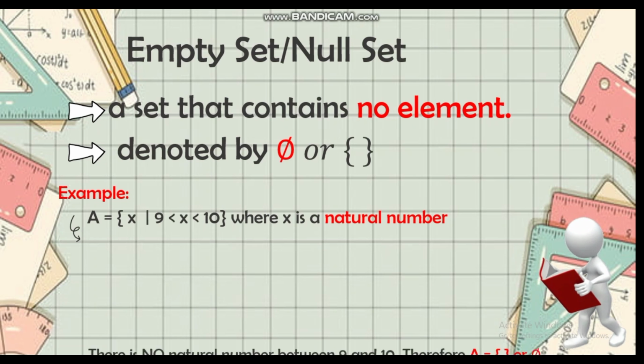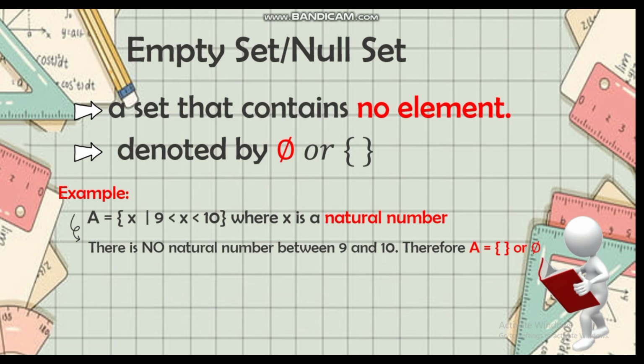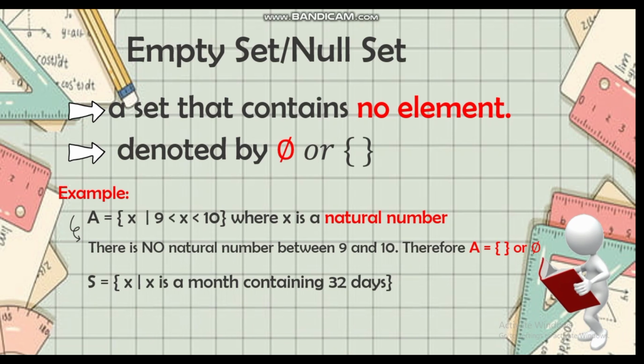Okay, so looking at the description, there is no natural number between 9 and 10. Wala naman siguro yung whole number or natural number nga na tunga-tunga sa 9 and 10. Therefore, our set A is empty or null set. Okay. So another example we have, set S is equal to the set of all x, such that x is